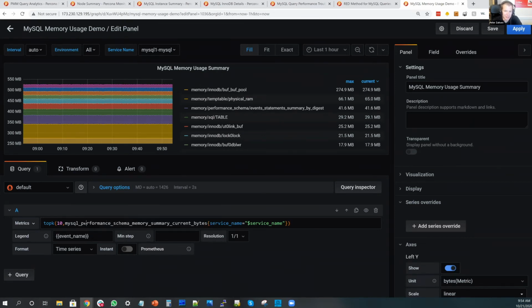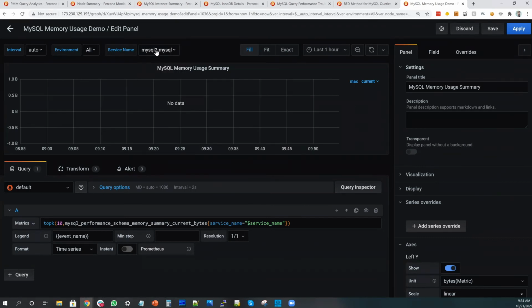What we have in this case is mysql_perf_schema_memory_summary_current_bytes. That is the name of a metric, which you filter by service name equals service name, right? That corresponds to our MySQL 1 or MySQL 2, right? MySQL 2 doesn't have this extension installed, right? So it has